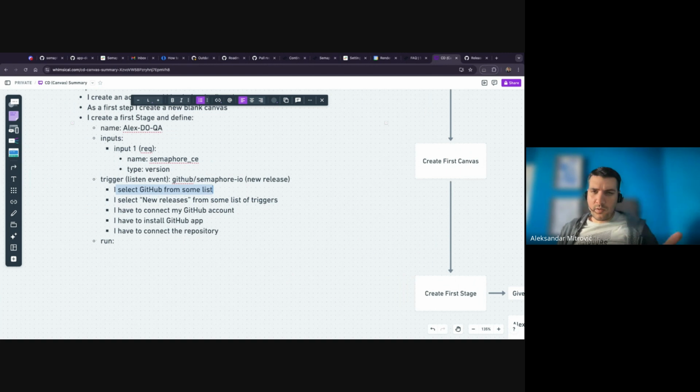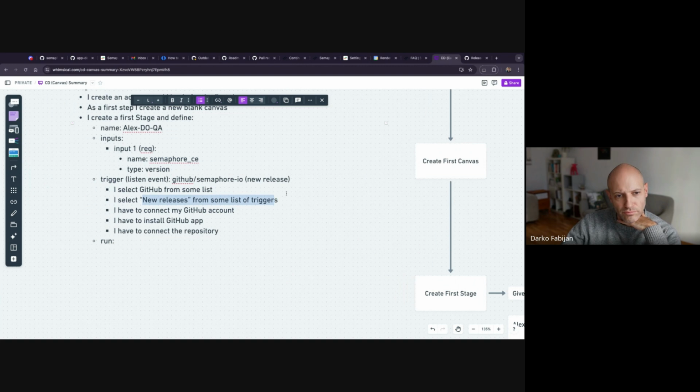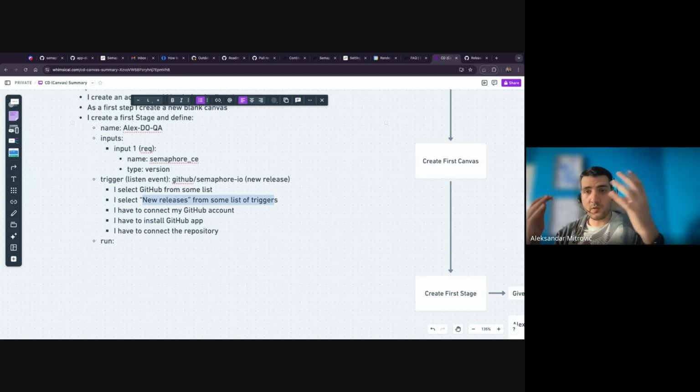At this point, I need to connect my GitHub account. I select new releases, because that's a first-class citizen as a GitHub trigger, and it says, okay, since you're new, you need to connect your GitHub account. You need to create that GitHub app or install it or whatever. And I need to connect a repository. In this case,